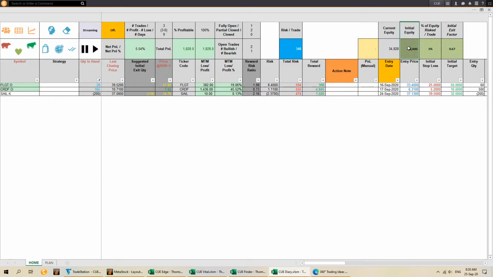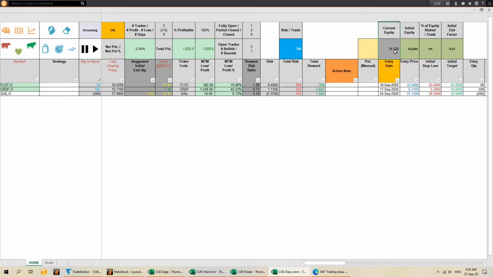That was the initial equity in the account, and I am risking 1% of equity in each trade. Therefore, my risk at the initial equity level would have been $330, but I have already logged a number of trades for demonstration purpose, and considering the P&L of those trades, the current equity is